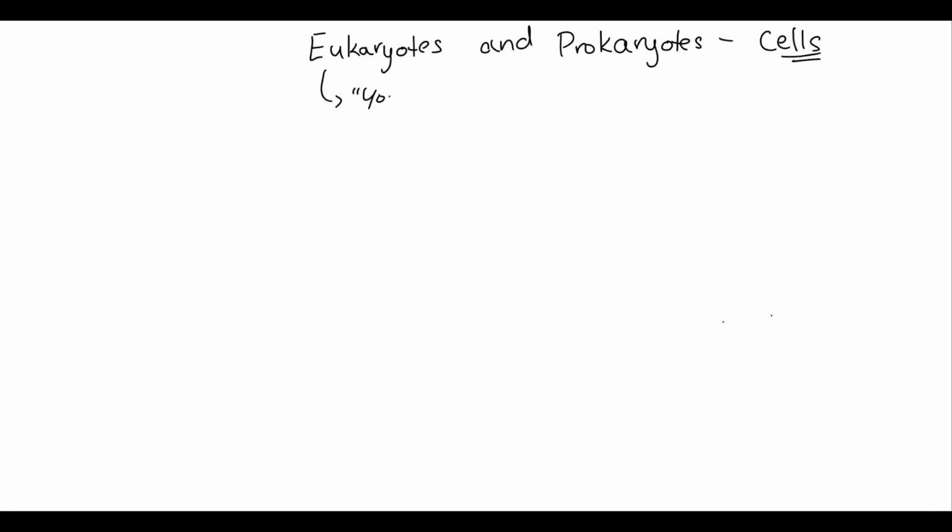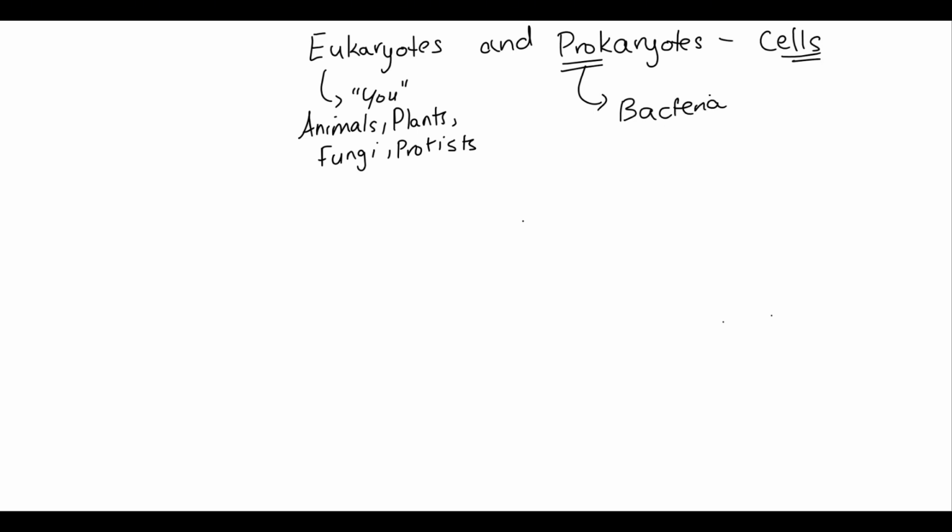Eu. And what are we? We're animals. So all the animals, all the plants, fungi and protists as well, are types of eukaryotes. Prokaryotes are bacteria cells. Okay? And the main thing that you need to know for your exams for eukaryotes and prokaryotes are their similarities and their differences. Starting off with similarities,